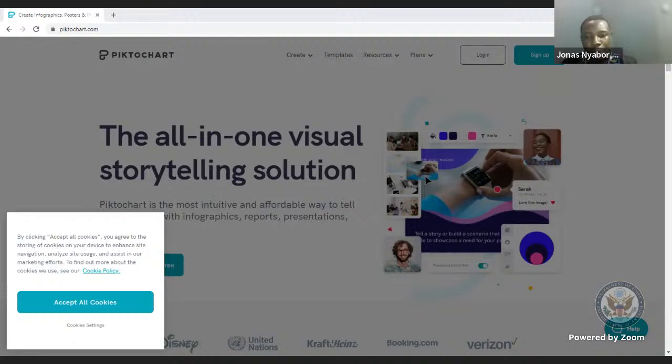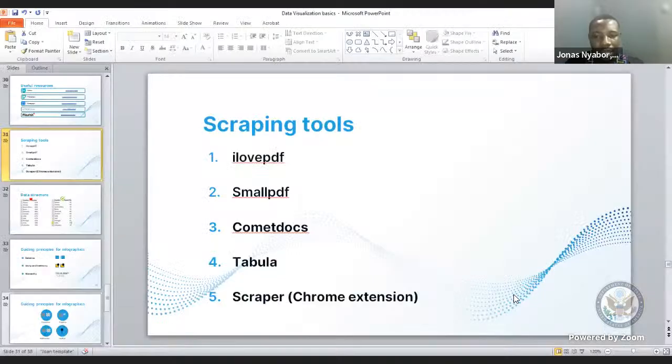So for the purposes of time, because of the disruption in the network, we would want to skip a number of them and then move to the other resources. We'll be dealing more with Flourish subsequently. But there are a few other small tools that I want to introduce this class to. And examples, let me go back to my presentation, would be these tiny tools